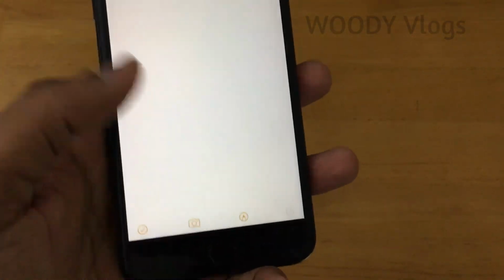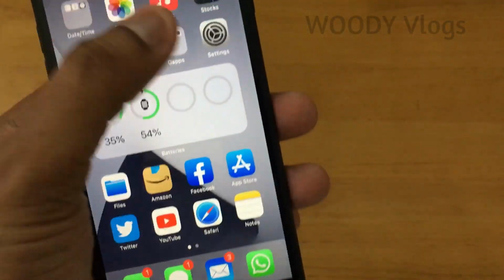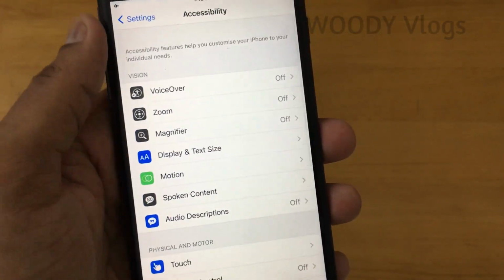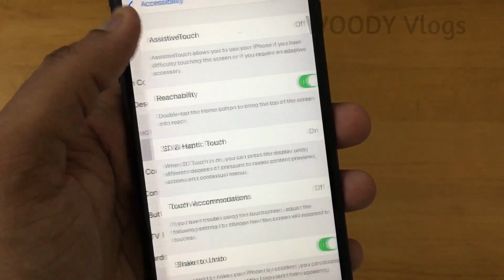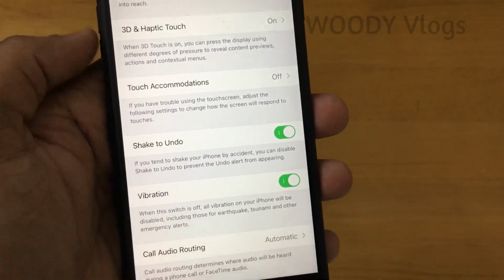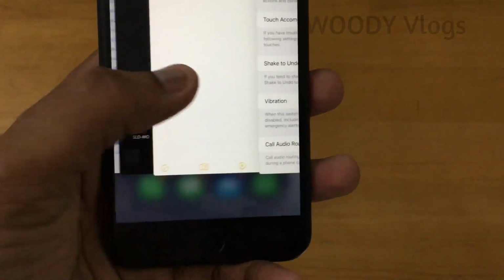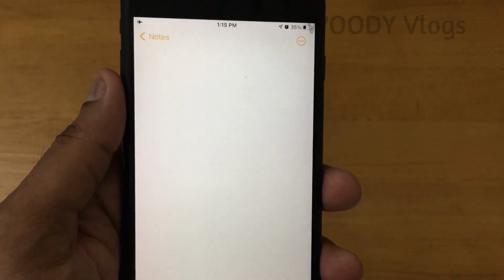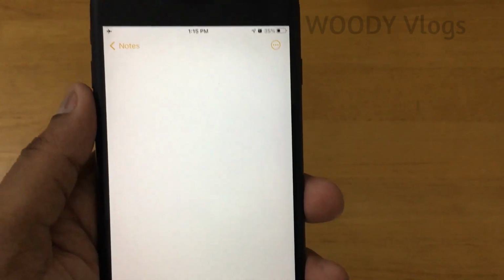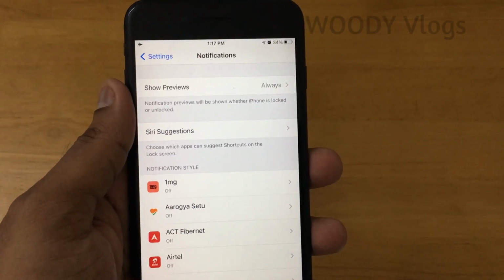And to enable this, you need to go to Settings, then Accessibility, Touch, and Shake to undo. This is a really good feature, but the only downside is this works only with Apple proprietary applications like Notes, Messages, and Mail, etc.